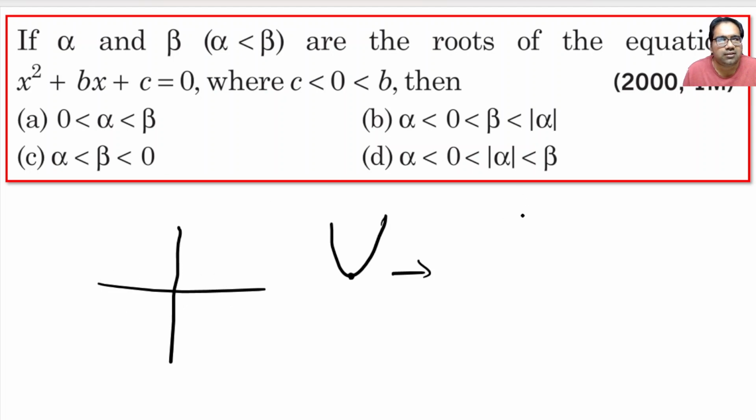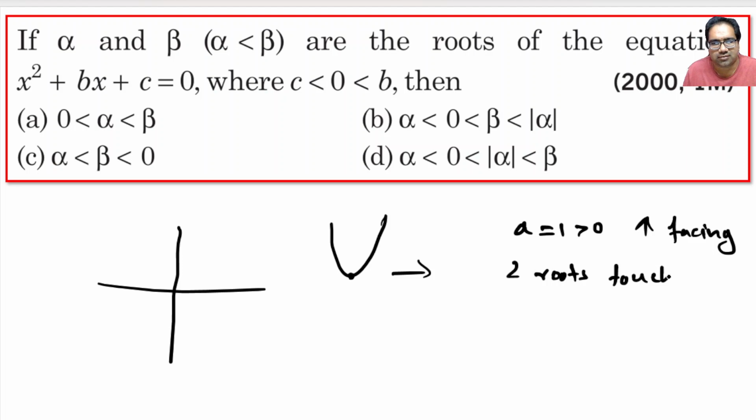So firstly, coefficient of x square, that is a, let's say, equals 1, which is greater than 0. So that means the graph is facing upwards. At the same time, there are two roots. What does that mean? It is touching the x-axis. It is definitely not above the x-axis. It is definitely touching the x-axis. But whether it is touching like this or like this, that we have to still see. Now,